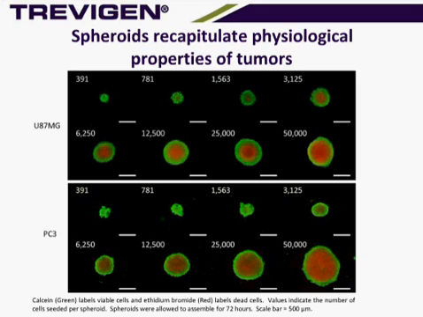Okay, and also what we see is that if we look back at the 391 here in the U87MGs, we see very little cell death with these smaller spheroids. And then as the cell number increases and the spheroids get larger, we see increasing amounts of cell death within the core of these spheroids. And this shows us how we have this kind of diffusion zone where the cells are able to get sufficient